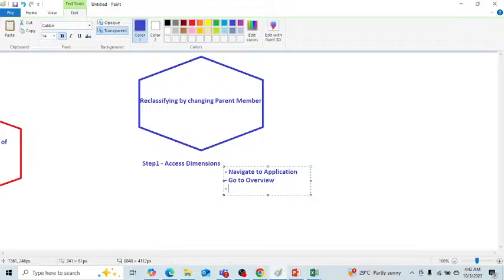So firstly you will navigate to the application, and then you will click the overview, and then you will go to the dimension,